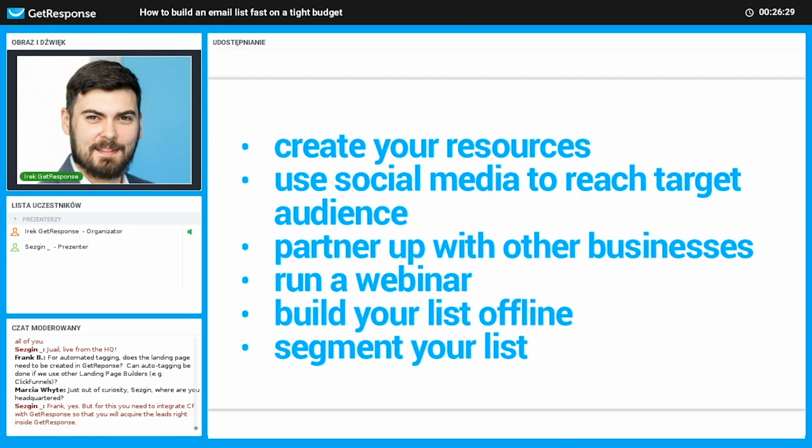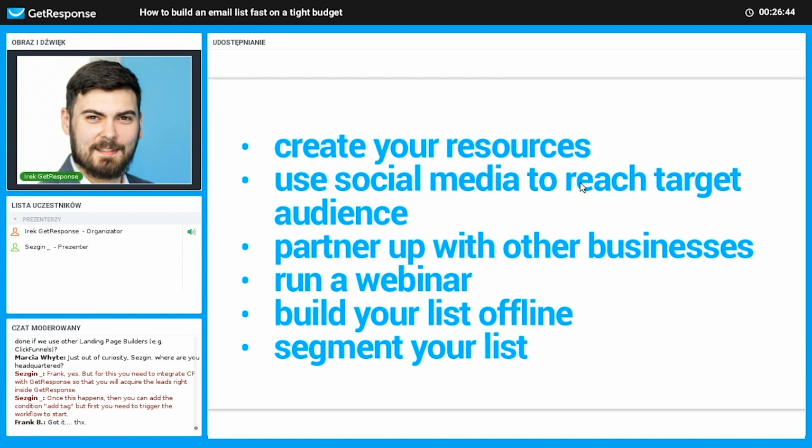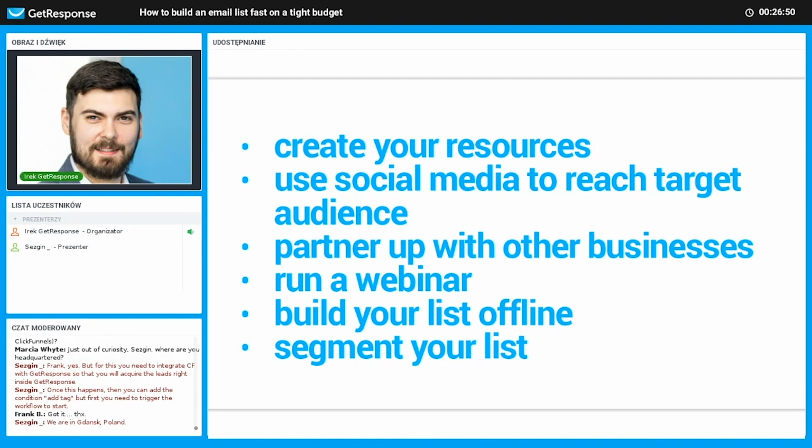And a lead magnet. So think about anything that will be valuable to your target audience, and that will help convince people to sign up. So it might be an ebook, a checklist, some resource kit, like a photo or a discount, anything that your target audience, your potential customers, will find valuable. Then use social media to reach your target audience, right? So actually use Facebook lead ads.